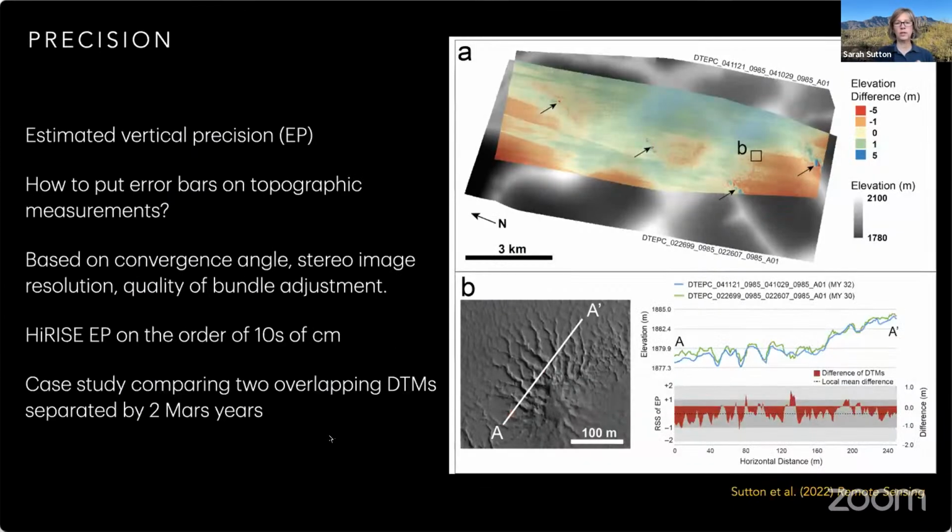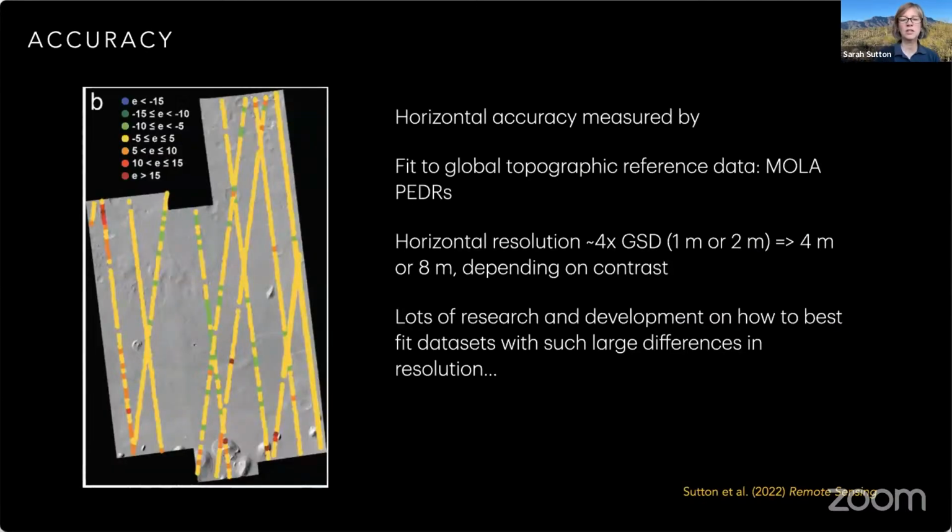So generally, the vertical precision of the models is within tens of centimeters, so they're excellent, but you have to be careful when you're analyzing them, just like any topography data. And the accuracy, this is again an image that I showed before, and I talked a little bit about how we compare our models to the global topographic reference data from MOLA. And then our horizontal resolution, I mentioned that our source stereo images may be 25 or 50 centimeters per pixel,